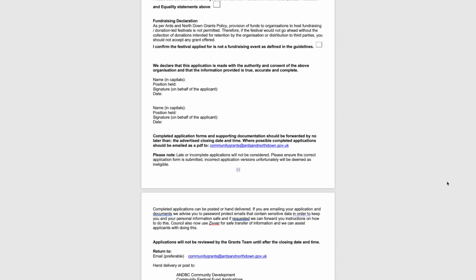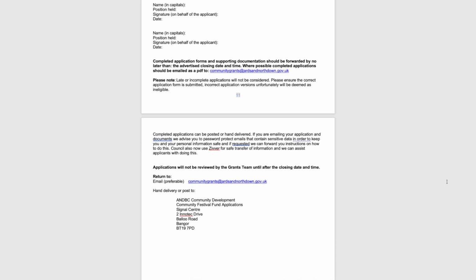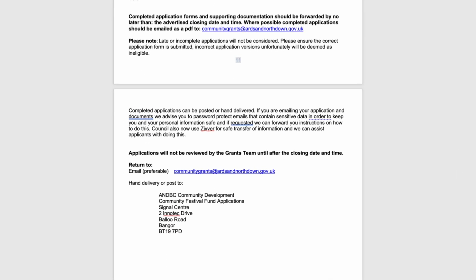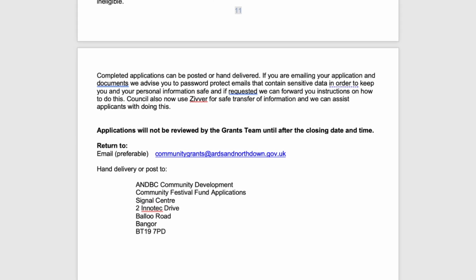When your form is complete and ready to be submitted, please save your form as a PDF, as this will ensure that the application cannot be altered if emailed. We also advise password protecting, and we can forward your instructions on how to do this via email. The application and documents can be emailed to